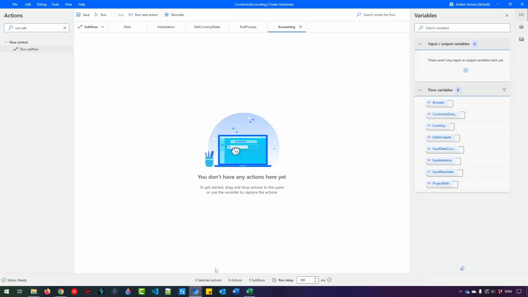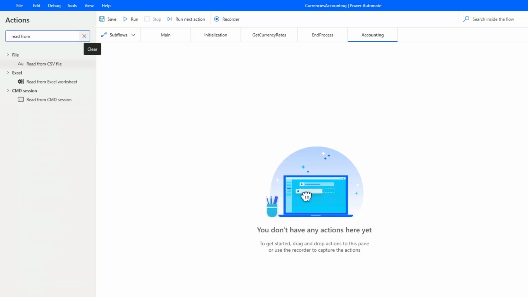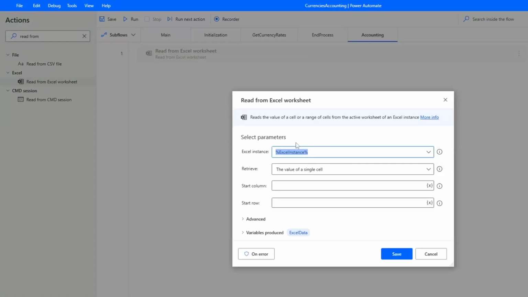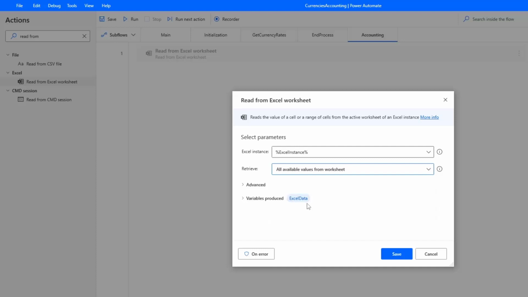So in Power Automate for Desktop, in the accounting subflow, find a read from Excel worksheet and drag that one in. So here I'm reading from the Excel instance. I still have the same sheet called currencies activated. We did that in the start, so that is fine. I want to retrieve all the values from the worksheet, and here I'm saying I want to override whatever is in the Excel data currencies again. So I say Excel data